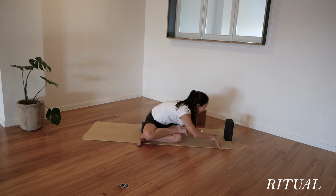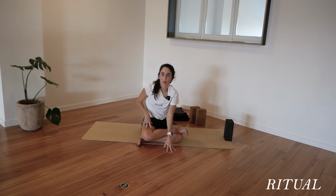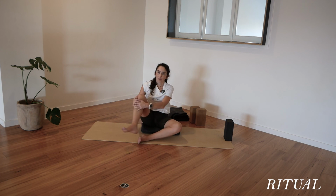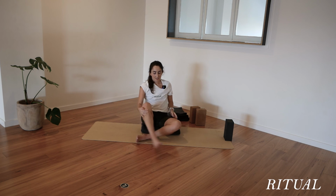So good. Bringing it back into the center, walking the hands up, maybe hugging that right knee into the chest and just doing a few rotations